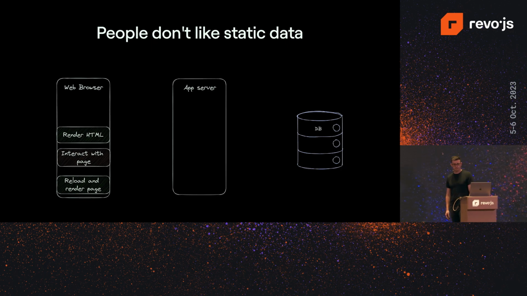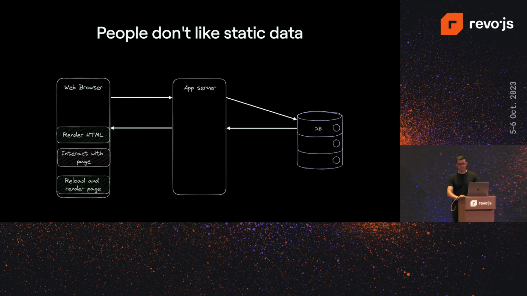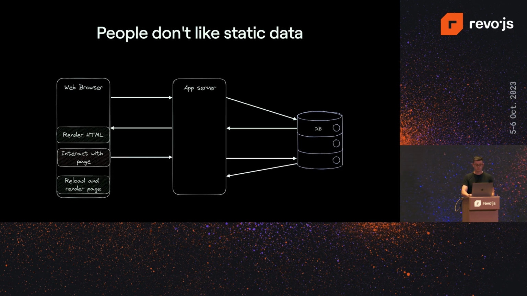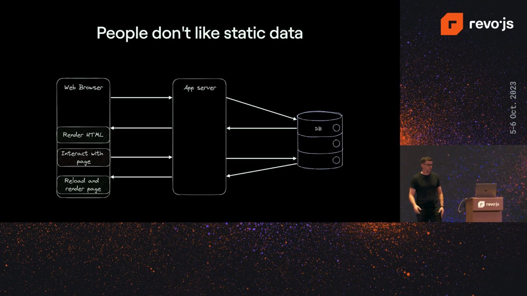But then it turned out that people didn't really like static data. So we had to do dynamic rendering, dynamic pages, render data from a database, and all that stuff. So now when the browser would make a request, the server would call a database, get some data, and then render the HTML with the dynamic page, which was amazing. And also there was a way to interact with the page by submitting forms. So that was good for a while. People kind of could interact with the data, change the data, everything was kind of fine.